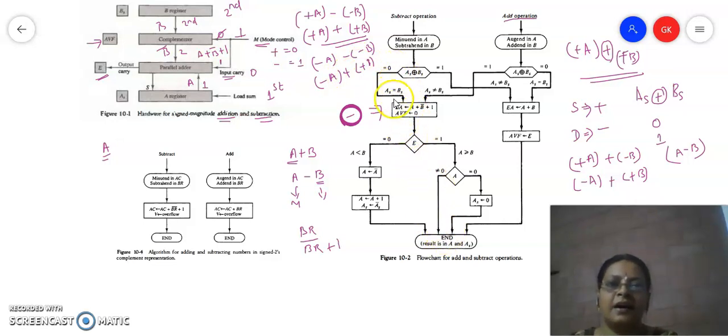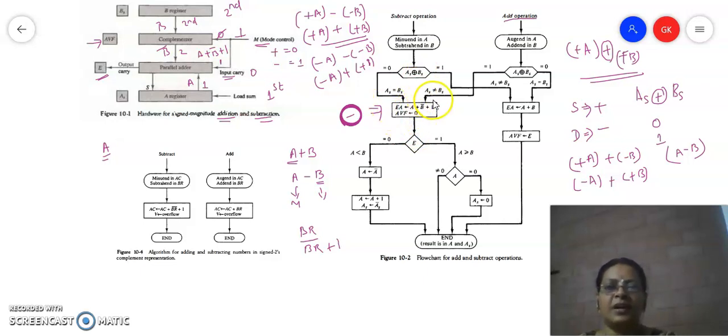And here As and Bs are same, so during the subtraction operation, if the signs are same, it will be transformed to subtraction operation. So you come here, A plus B bar plus 1. So that's what we have discussed here. You will be doing the subtraction and store the answer here. And if there is any output carry obtained, that will be transferred to AVF. But now this is a subtraction operation. In subtraction operation, there is no possibility for arithmetic overflow. So AVF will be set to 0.